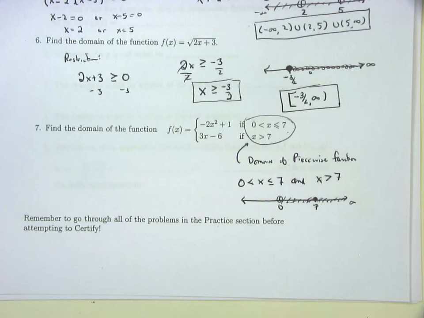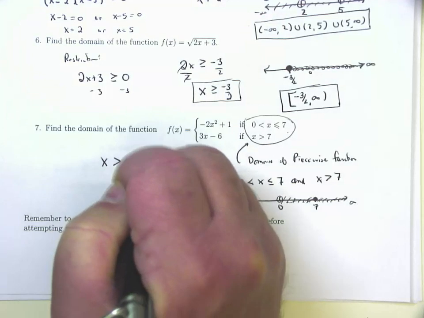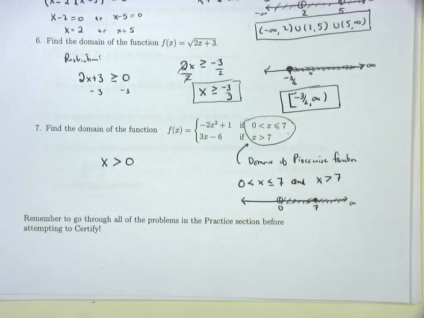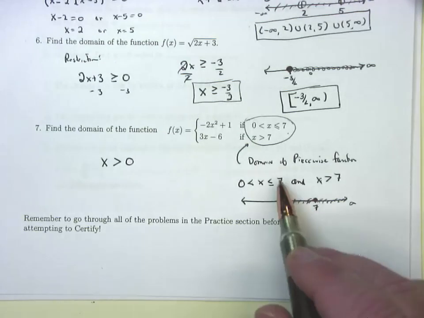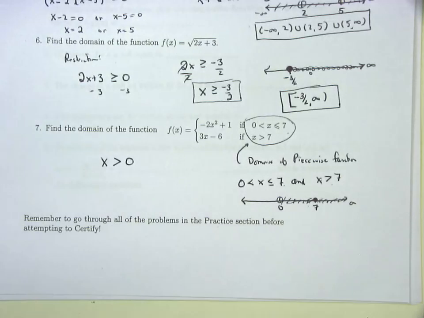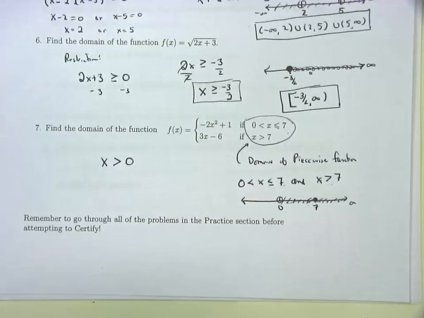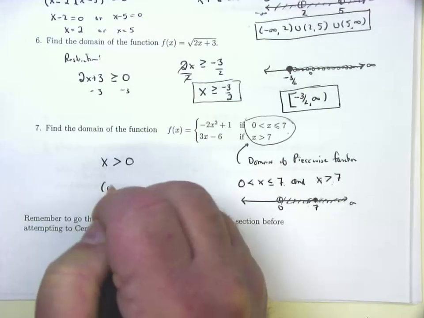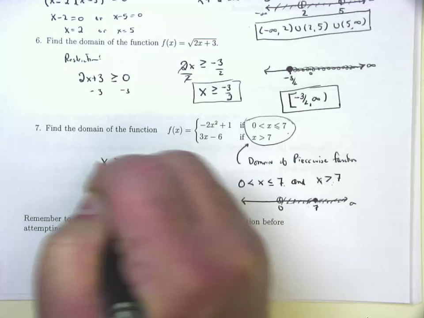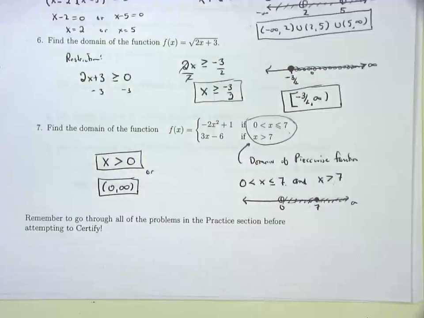Okay? What have I got? That means x has actually got to be greater than 0, if you think about it. Because you hit 7 on this one, and then you pick it up the rest of the way after 7 here. So you've got both of them. You've got 7 and stuff greater than 7, because equal to here and then greater than here. So in interval notation, this is just going to be parentheses 0 to infinity. Again, Hawks will take it either way. Don't put the word or. You get to decide which way you want to type it in, but there you go.